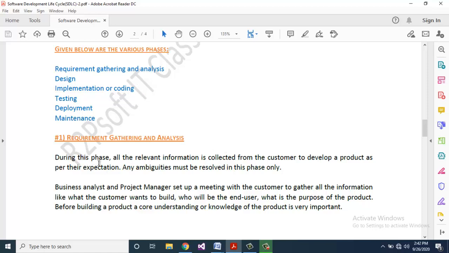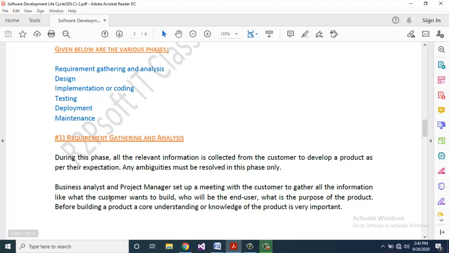During this phase, all the relevant information is collected from the customer to develop a product as per their expectation. Any ambiguities must be resolved in this phase only.